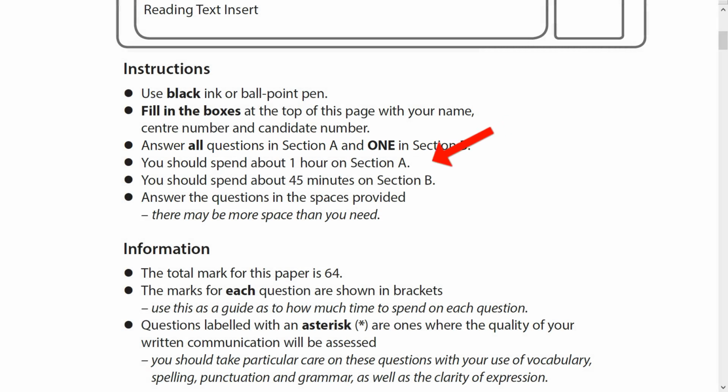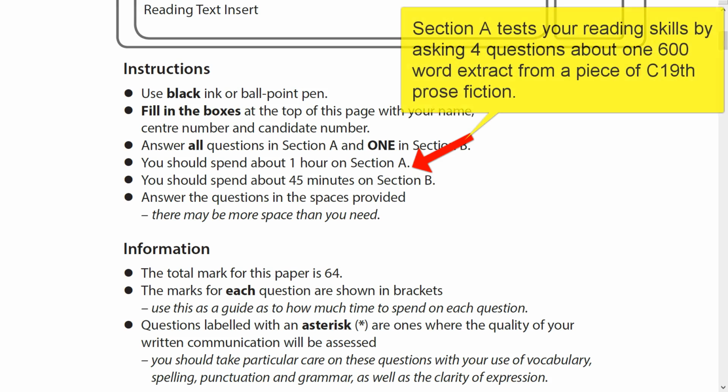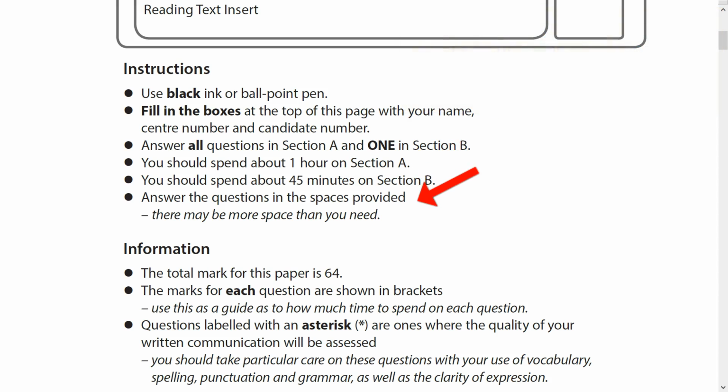Okay? You are told to spend an hour on Section A. Now there are only 4 questions in Section A, and you only have one extract from a 19th century prose fiction text, which is roughly 600 words long. Okay, and I'll talk a little bit more about how you manage your time in Section A in a moment. And then the remaining 45 minutes of the exam are spent crafting and writing your response to an imaginative writing